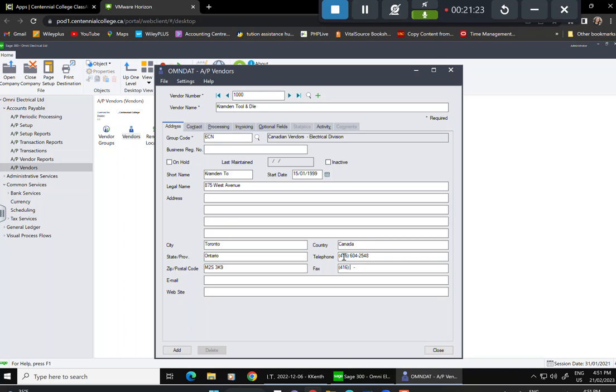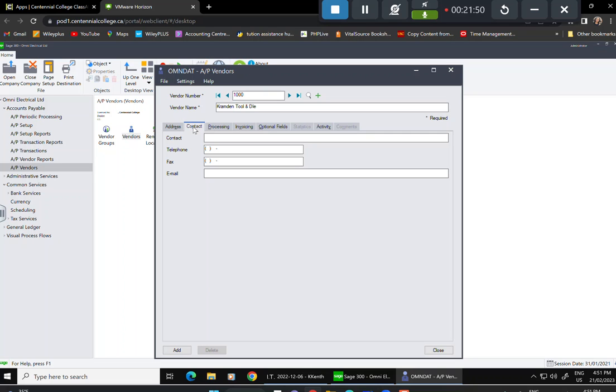Then for the next one, 604-2569. So that's our next one. The email address we're going to use is accounting at the name of the company, CramadenTools.com. And then we could also do the website. We don't need to do that. In other words, we're going to go to the next one, which is the contact information. Under the contact information, we want to know who we should be connecting with in case we have a problem with our invoices. In this case, we will talk to Ray Strong, and the phone for this person is